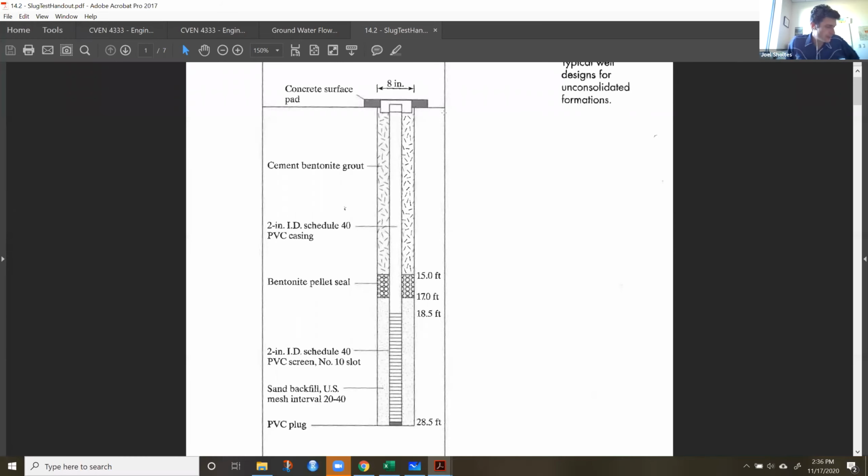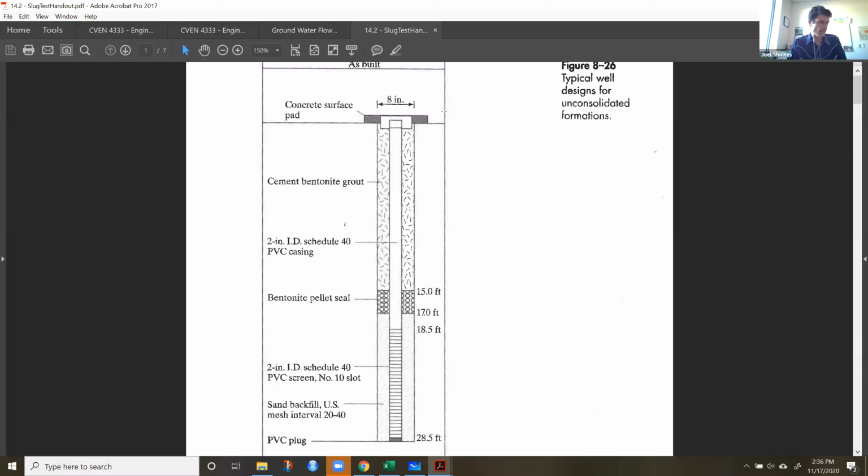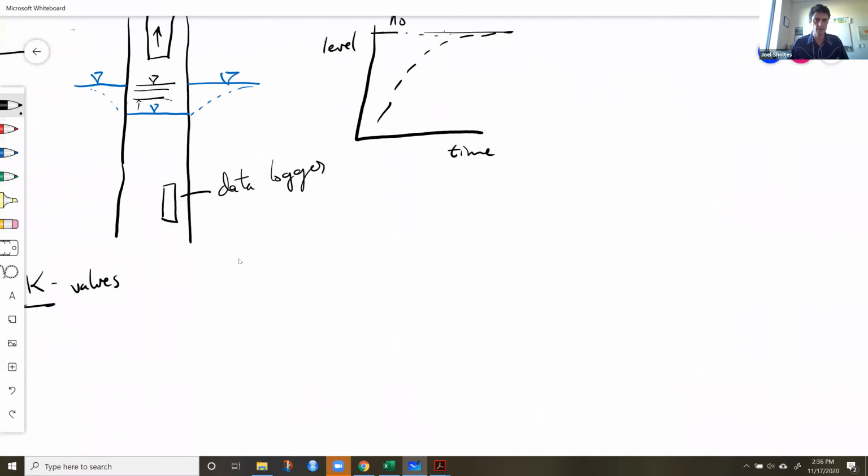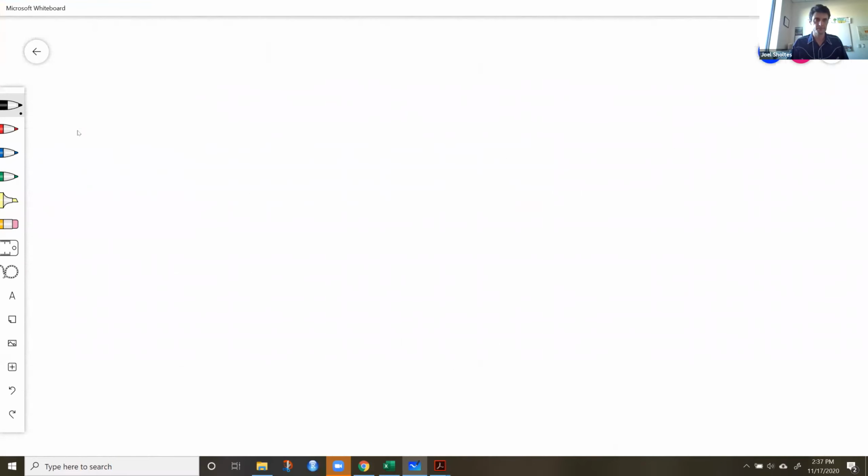All right, I wanted to take the rest of the time to go over some example calculations together. Do you guys have any other questions about wells and well testing? How much water can you get out of a well, or does that just depend on how much water is in the ground?